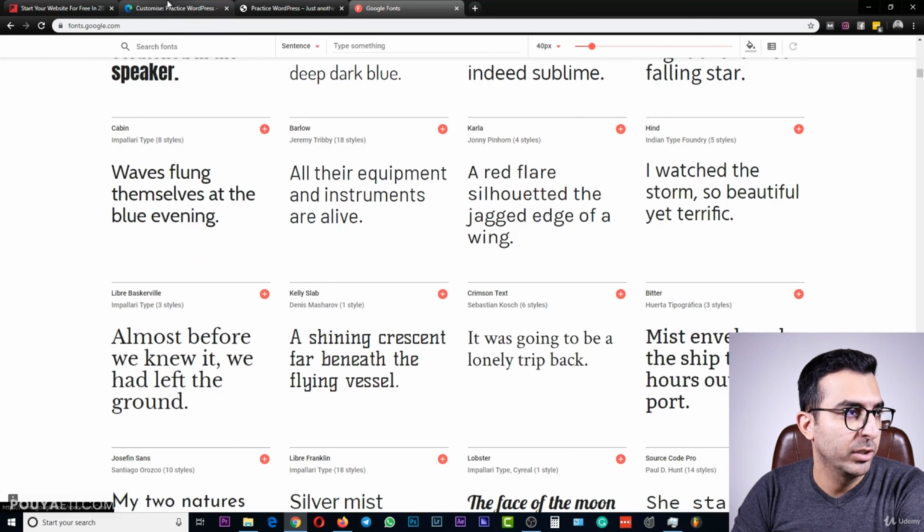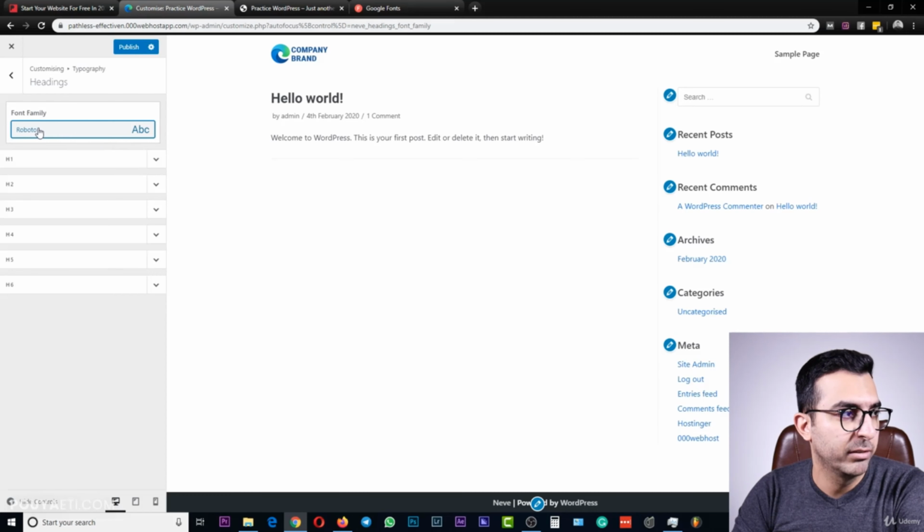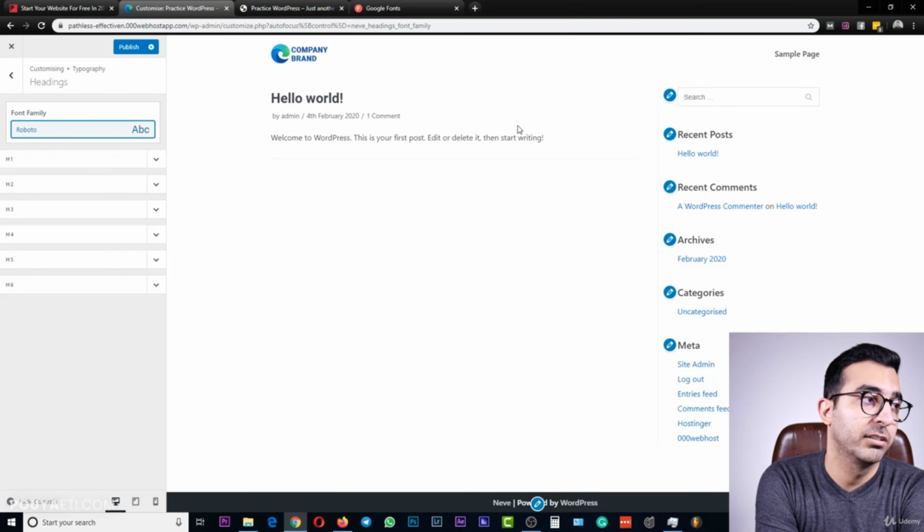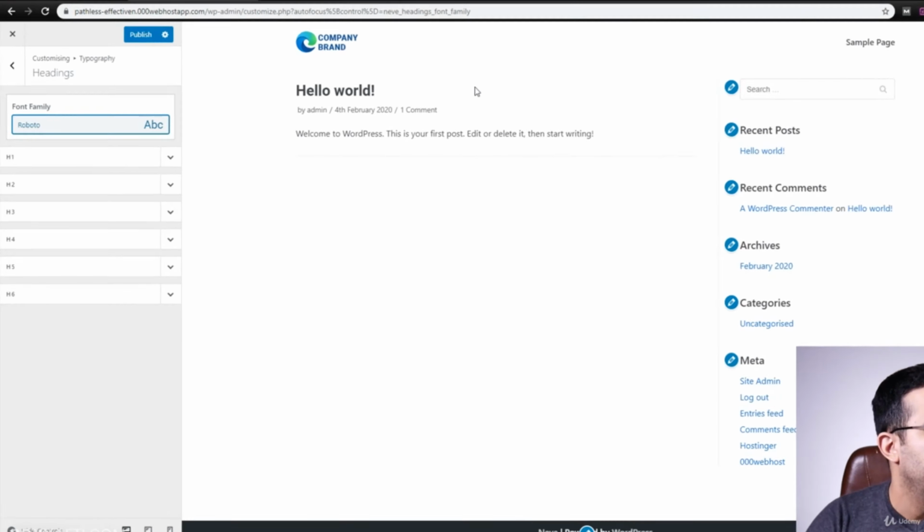For example, this one, Cabin. If you like it, you can come back here. Where is it? You can come back here and search for the name and select it. All right. So here you will select the general font family for your website, and under it, as you